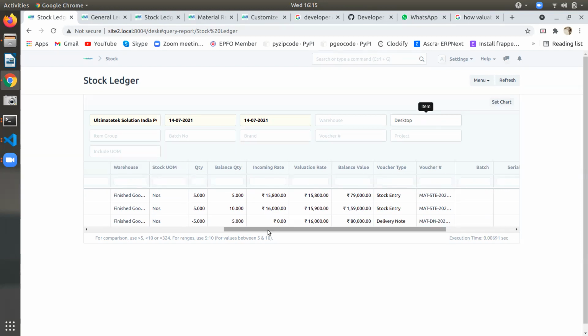The valuation changed to 15,900, the average after adding the new quantity. So this has 2 batches. The first batch, made at 15,800, I sell off. What I have left is only 5 numbers, which I made at 16,000 each.